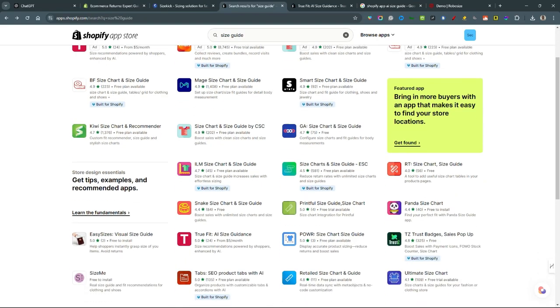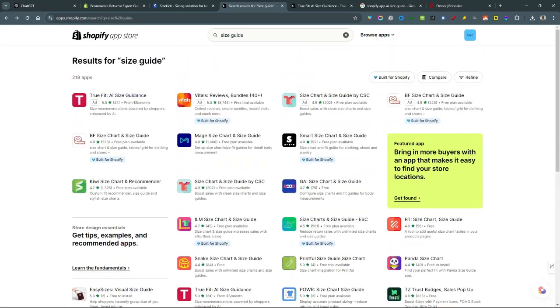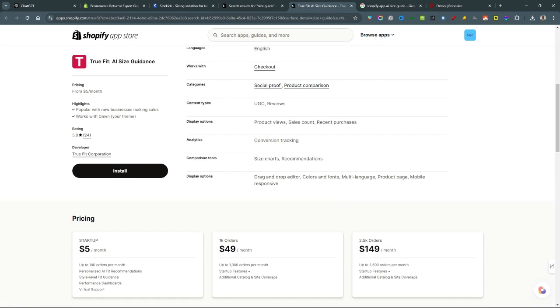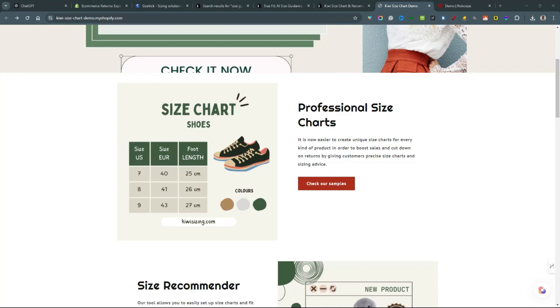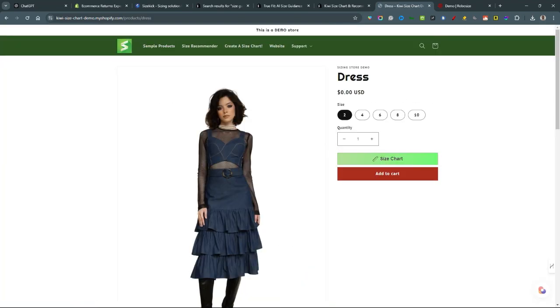Now, implementing this on your Shopify store is easier than you actually think. There are several plug and play solutions out there. Look for tools like Fit Analytics or even TrueFit. These integrate seamlessly within your existing product pages. Now, there are several keys to customization of these plug and play apps. You'll need to input your product specifications and sizing data, but once that's done, the AI takes over, learning and